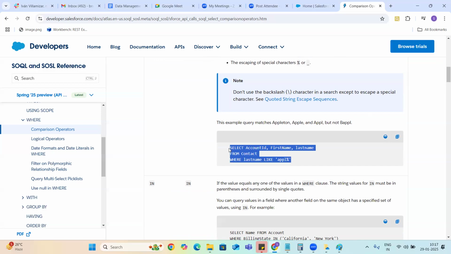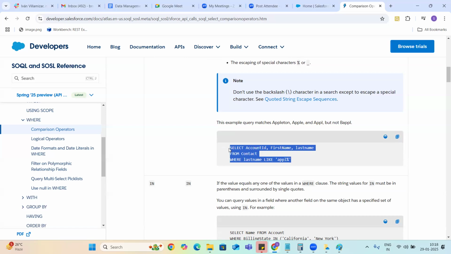It checks the contact records where the last name starts with APPL, and the rest of the characters can be anything else. The percentage means the rest can be anything, but the starting four characters should be APPL.